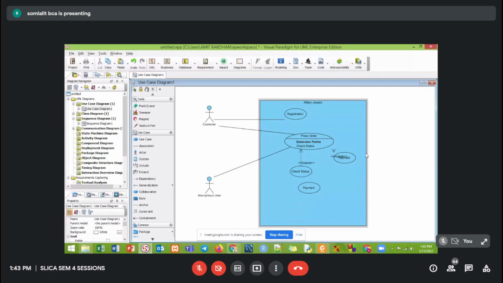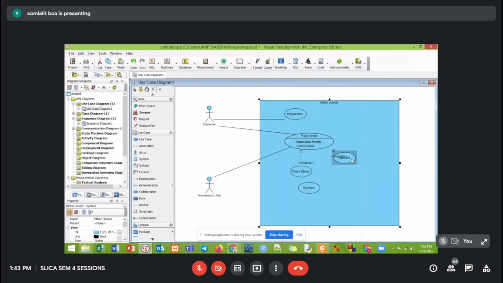So this is the importance of case tools. If you are planning to prepare the same type of diagram in any other non-case tool, then it will be tough. You can also just make it centralized. Okay, so try to understand, the whole use case is done.